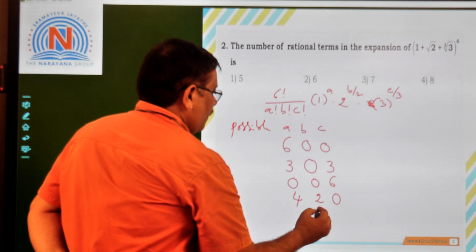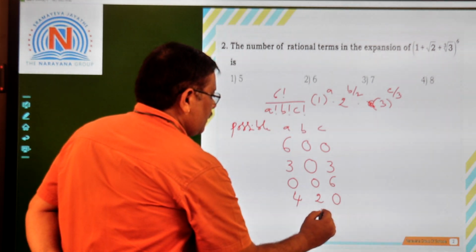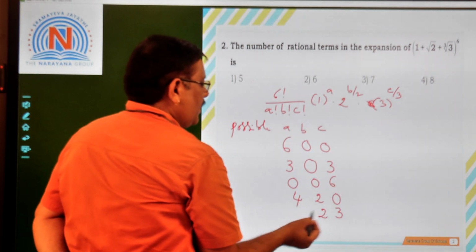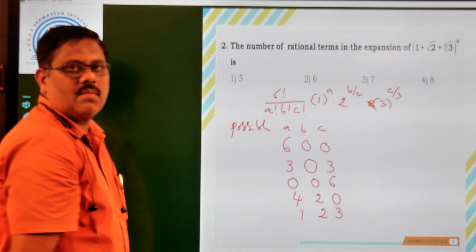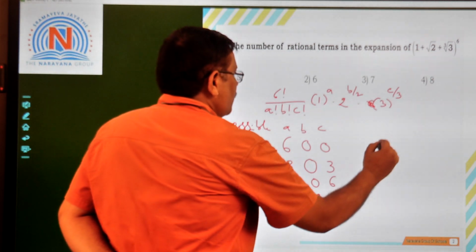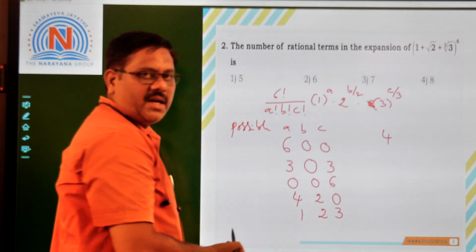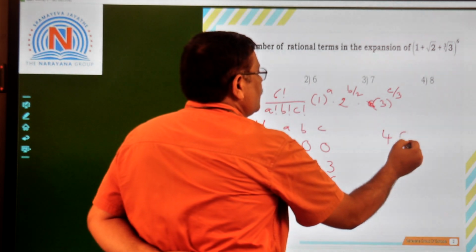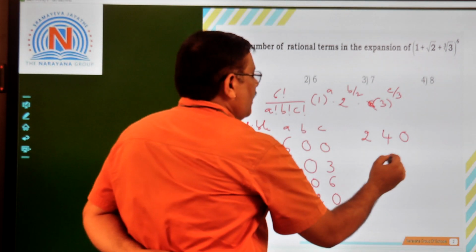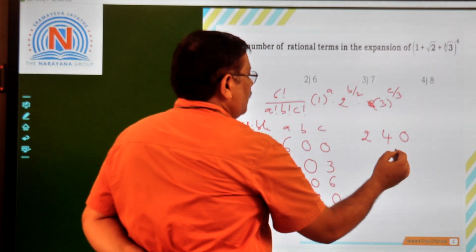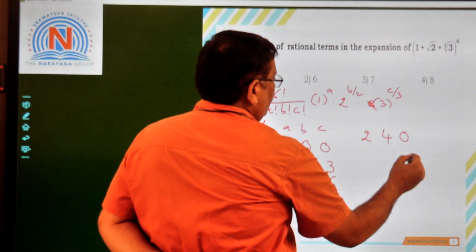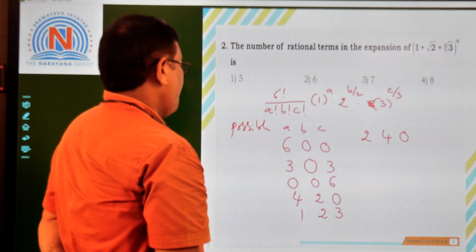Now, what is the next value? If you take this as 2 and if you take this as 3, yes, it is a multiple of 3, then this possible value for a is 1. So how many values are possible now? 1, 2, 3, 4, 5. Any other possibilities? Let us see. Next possibility, let us take b as 4. If we take b as 4 and then we can take c as 0, then a will be 2. So 1, 2, 3, 4, 5, 6th possibility. Next 240 is a possibility that is considered.